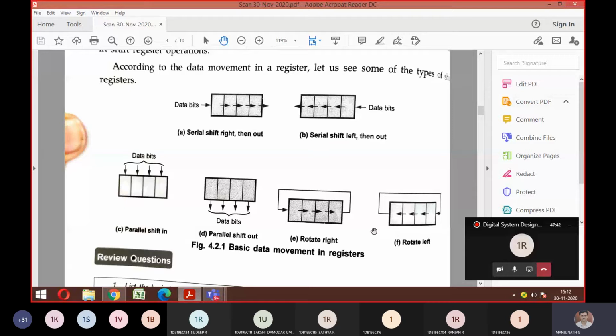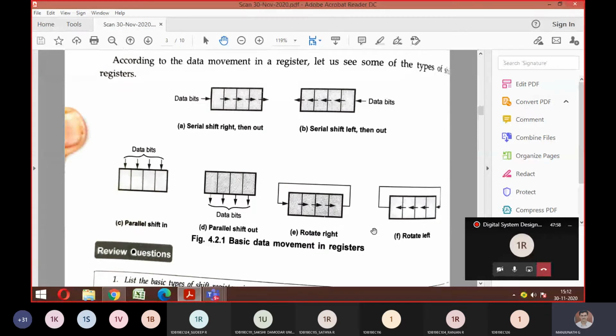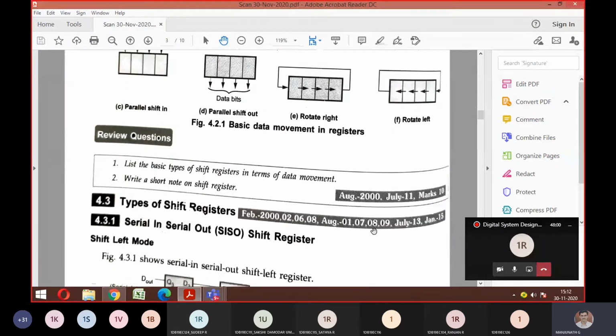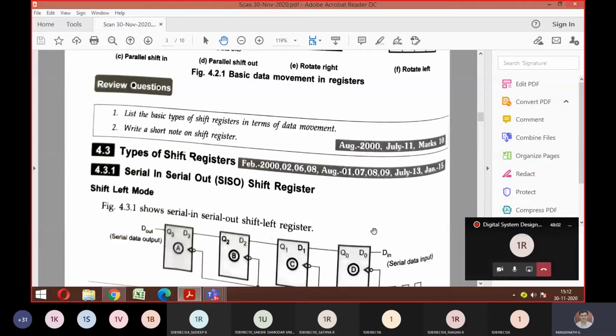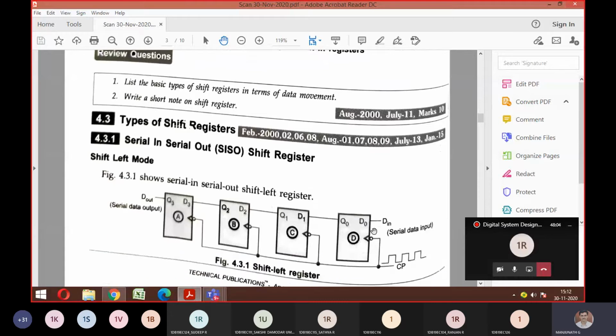See, explanation, no need to ask anything in the laboratory. You just take an IC of D flip-flop and keep connecting the things and verify the inputs: how you feed the inputs serially, and how you take the outputs, whether parallel or serial combination. So this is what types of shift register tells. So let me explain the first one now. Is it visible here? SISO?